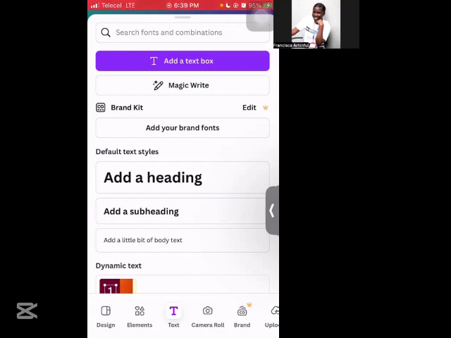And then, as I spoke about earlier, we discussed the brand kit. If you have added brand kits to your interface, you have added the fonts and all that to show here so that you can use them. This is also one way that you can add your brand font into your design. You can click on add your brand font and then upload the font that you want to use, if you have paid for the platform. It's not for free version users. Okay, so when you come to add a text box,